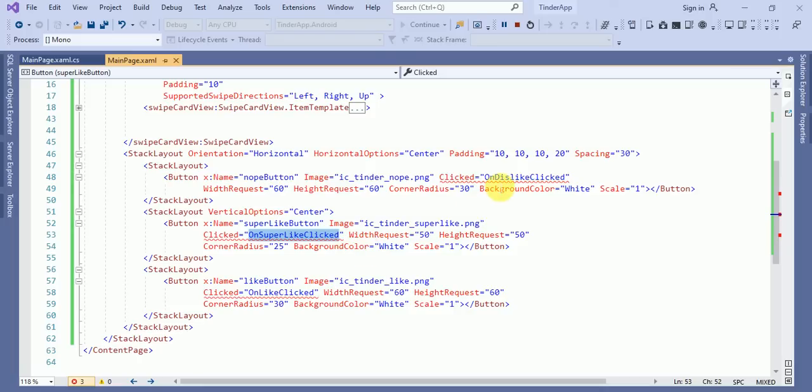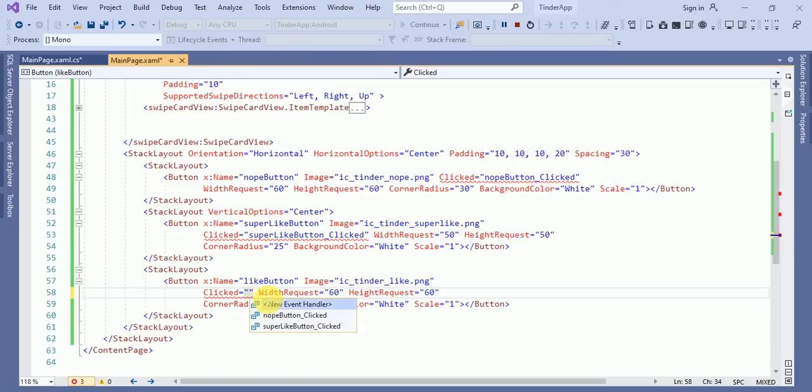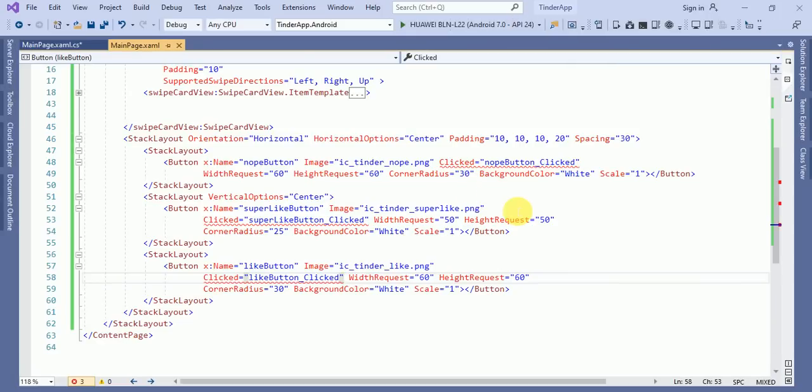Okay, so suppose no button clicked and super like button clicked, and the third one is a like button clicked. Okay, I will close this application.